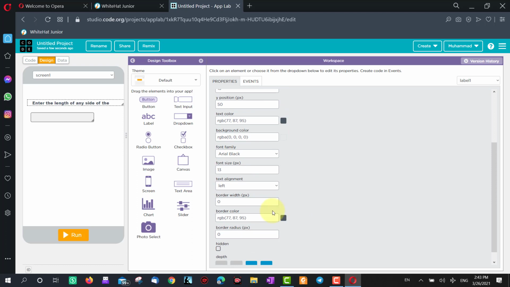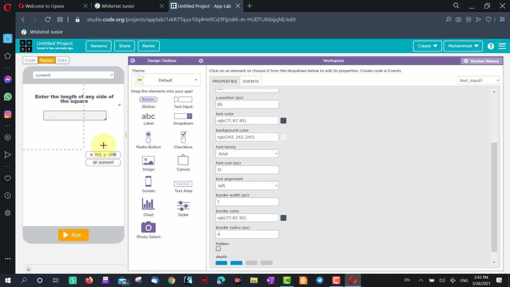and go down, and here in text alignment make it center, and also enlarge that label so that all the text is visible. You can also increase the font size for better visibility, and then just align this input box in the center.